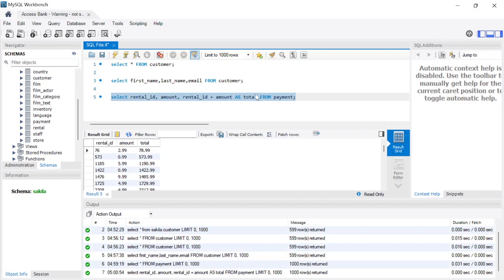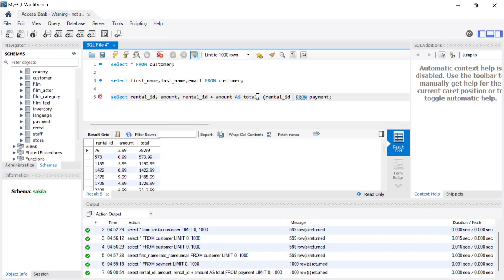Total is the last one, so I'll put a comma. I told you, that means you are ruling again. Now for the next one, I will put parentheses because I will use a more complex formula. Parentheses means that I will use renter underscore